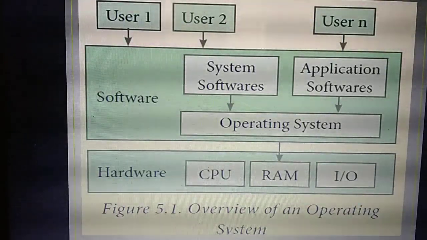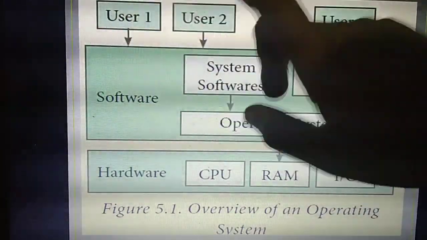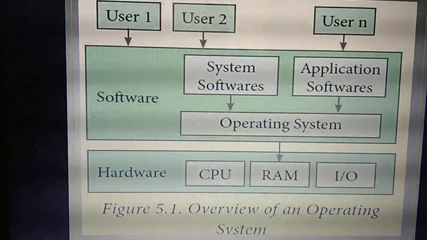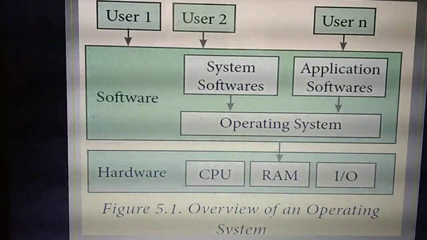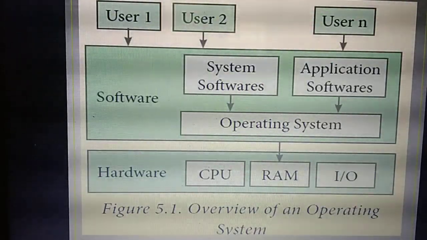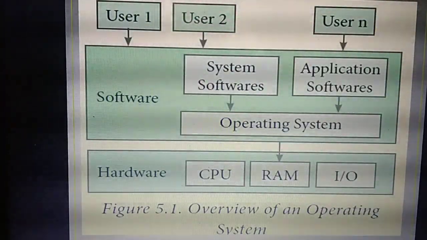For example, listen. You are going to switch on the system. Here a lot of users are there. Consider user 1 is going to switch on the system. Immediately, when the user switches on the system, a particular screen will display. The particular user needs to use one of the applications. Maybe the particular user is going to view one video file on his system. The particular screen will display.